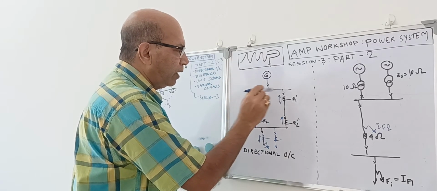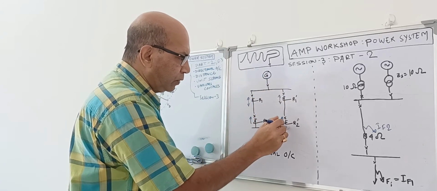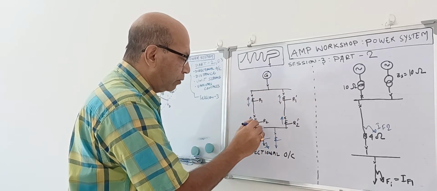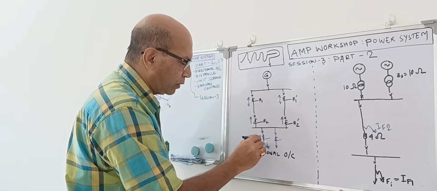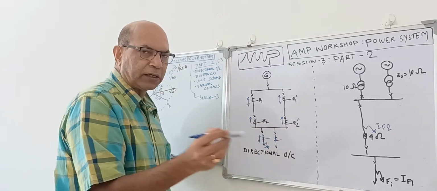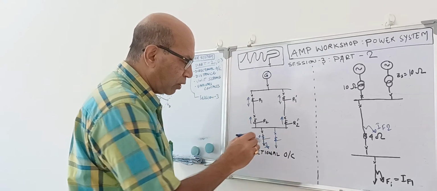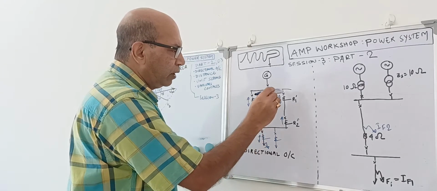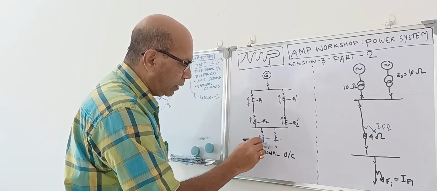Then here it will be divided in two parts because all are closed. One part will be coming through this, the other part through this. Then this current will join over here and go to the short circuit, because short circuit current is about 20 to 30 times the load current. So load current is not predominant; short circuit current is predominant. It will come this way as well as the other part this way, joining over here, then it will operate.